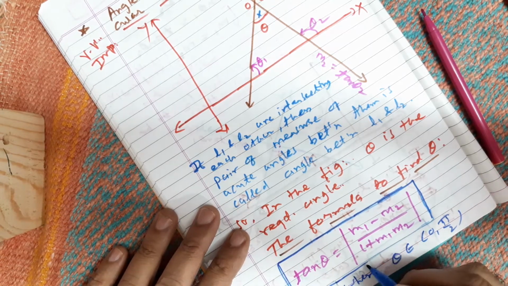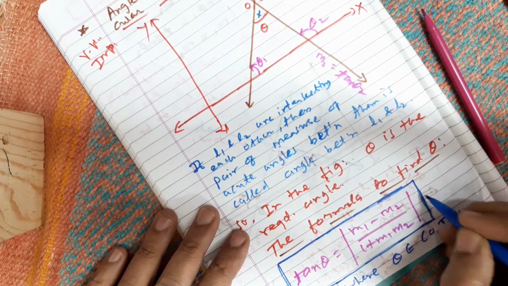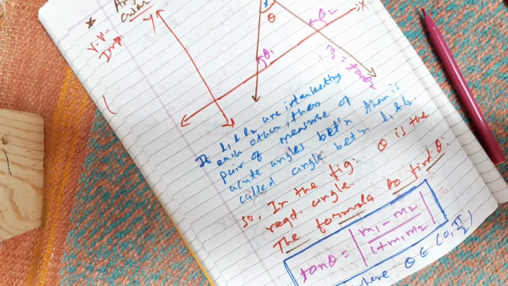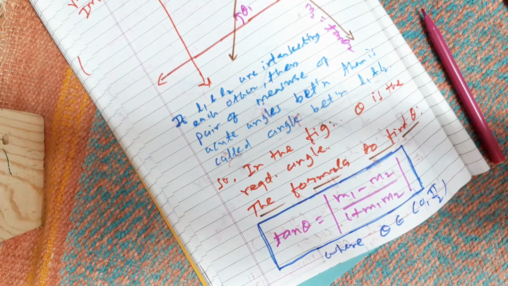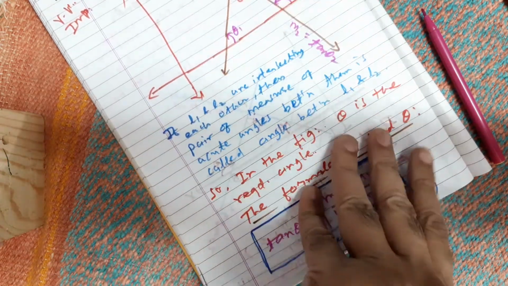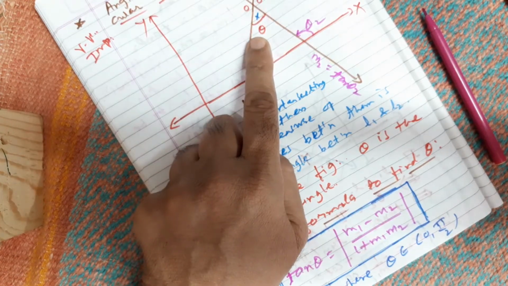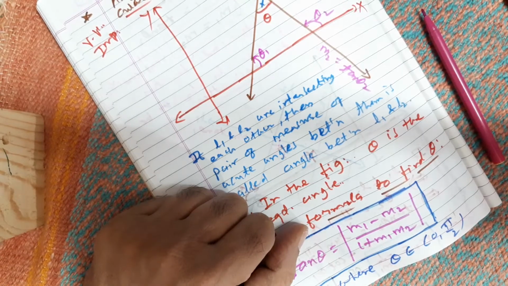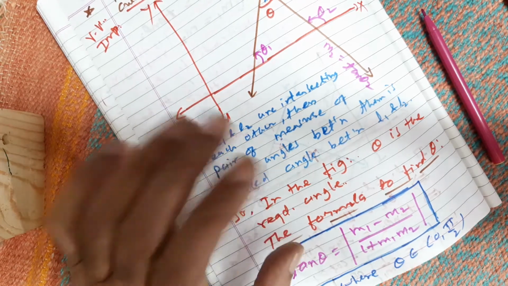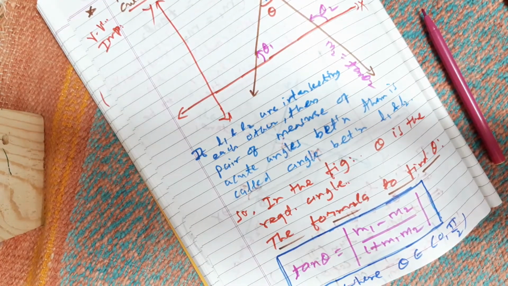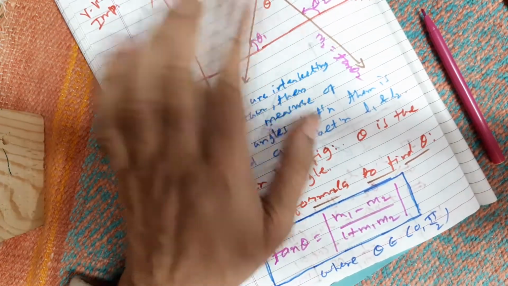Now dear children, the confusion is between the slope and the angle formula, because tan theta is also used for the slope, और वहाँ पे हमने 0 to 180 लिया हुआ है, है ना? And here tan theta is for the angle, so be careful. If needed, you change the notation: instead of theta take alpha. But I think in the textbook they are using theta notation. Otherwise, in our older state board textbook, it was alpha only. So ऐसा है तो अल्फा ले लेना, लेकिन उससे कोई फर्क नहीं पड़ता.